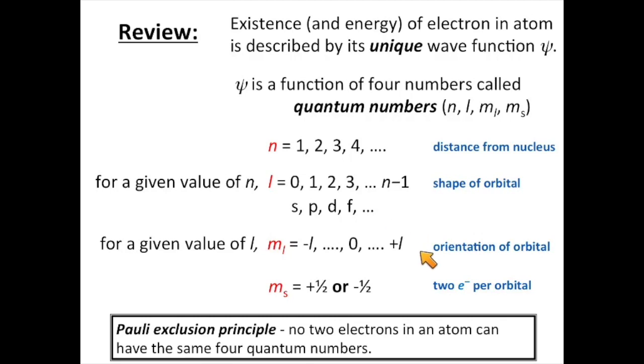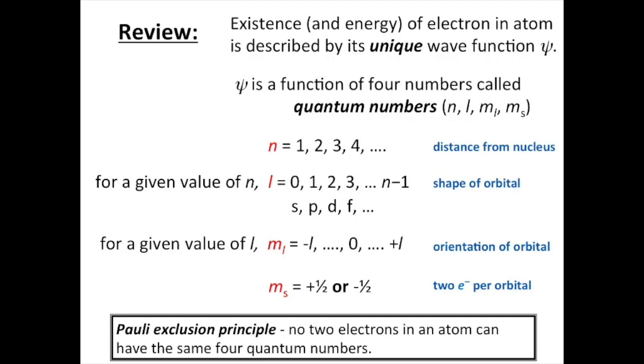Alright, the next quantum number is the magnetic quantum number, m sub L, and the possible values this can take go from negative L to positive L, and this gives you the orientation of the orbital. And then finally, the spin quantum number, m sub s, is always either plus 1/2 or minus 1/2, and it allows you to put two electrons into a given orbital. So these four quantum numbers together provide an address, so to speak, for your electron as it resides around the